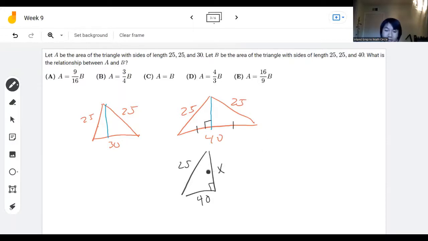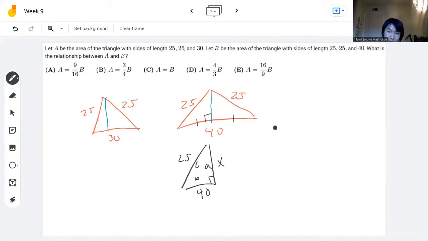So Pythagorean theorem says that this side right here, we'll label the sides again. We know a squared plus b squared equals c squared, right? So in this case, we know x squared plus 40 squared, that's b, will equal c, which is 25. All right, so x squared is just,